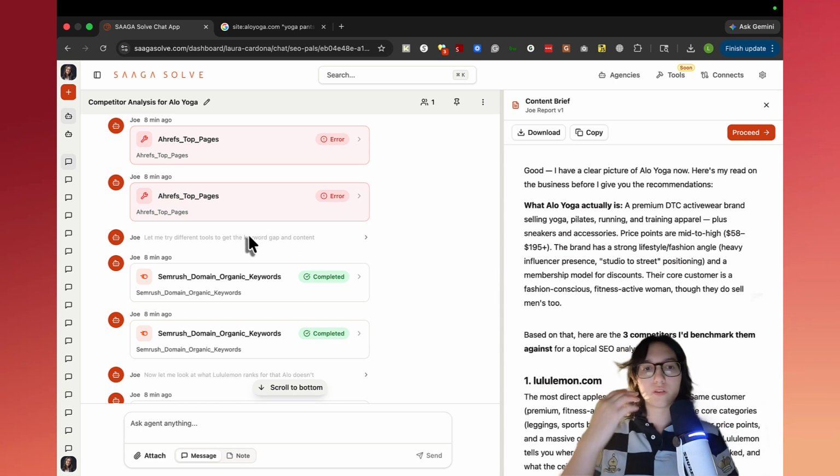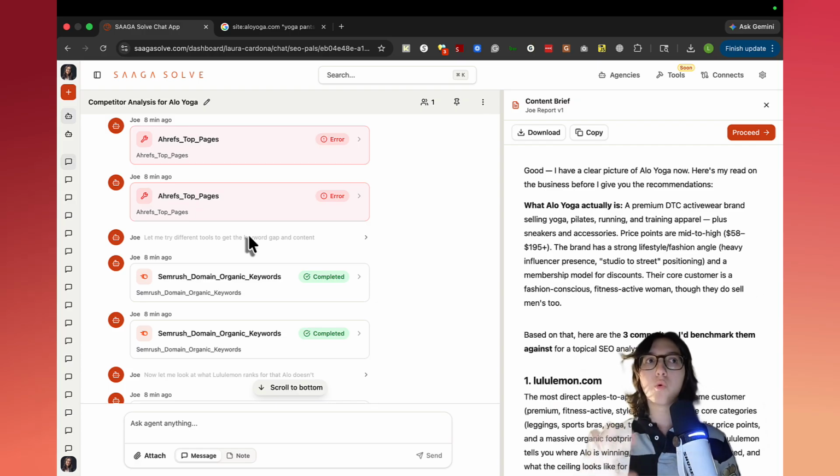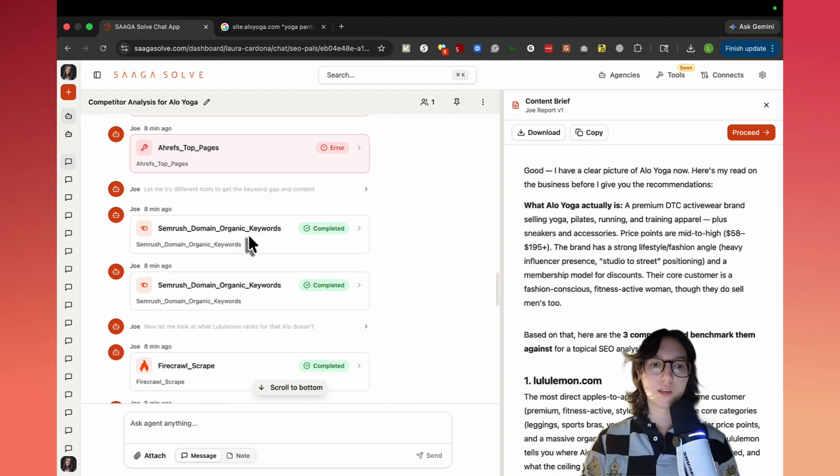And you can see it's even smart enough to recognize, hey, that tool actually failed. Let me try a different approach. Something that I've been very outspoken about with Claude and MCPs is that when a tool fails to fetch data from an API call, it simply hallucinates and lies about the data, right? Because those models are trained to make you feel good, to make you feel like it's infallible. Not SaagaSolve. It's trying to give you honest data, and because it has a bunch of tools in its toolkit, when something does fail, it can carry on like nothing ever happened.